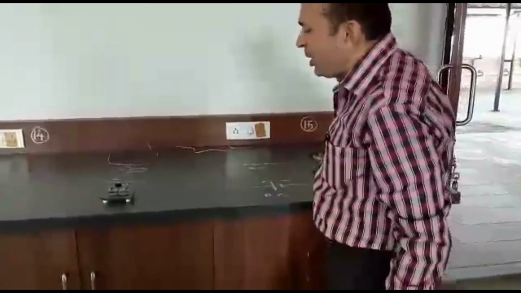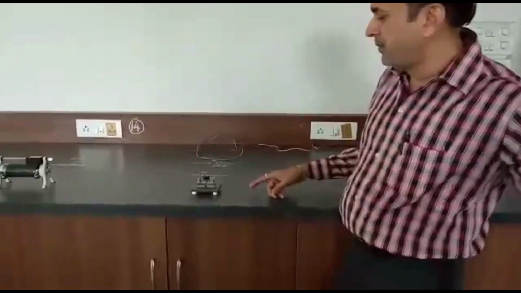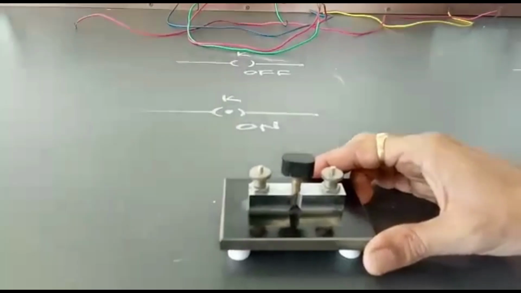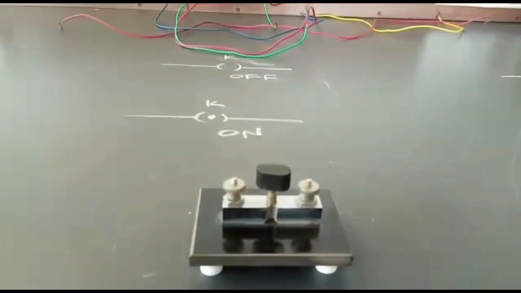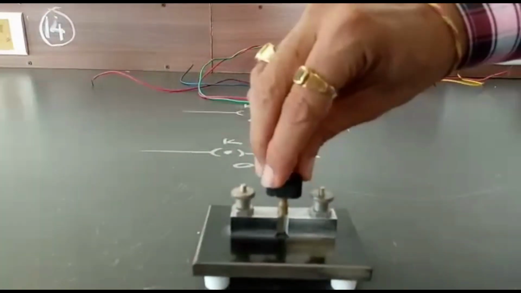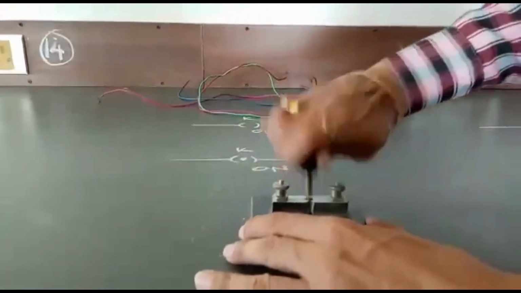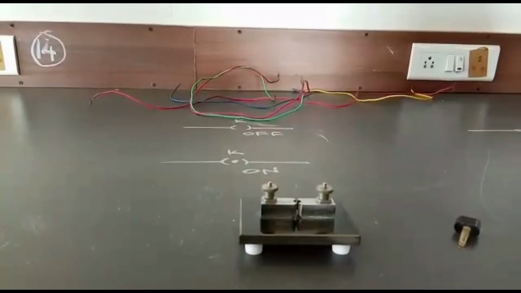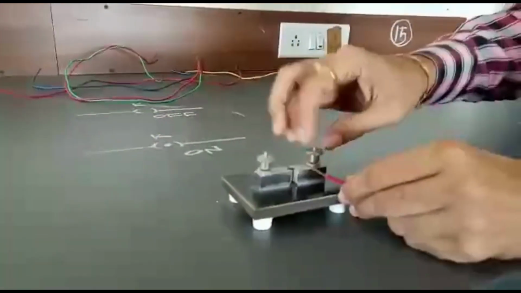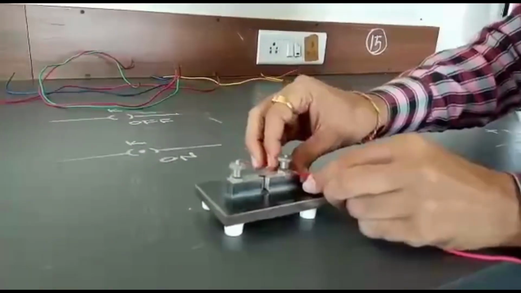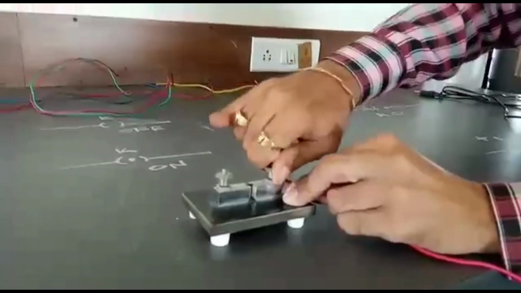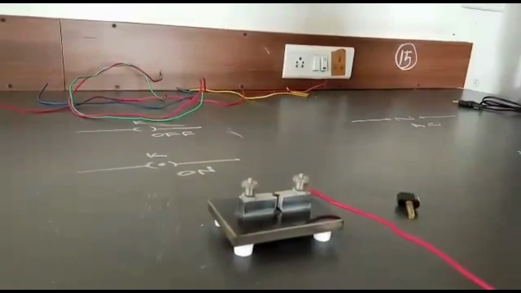Now after this battery you connect the simple key. This instrument is known as a simple key. It has two terminals, terminal number 1, terminal number 2, and this is the key. When you keep it out, it will be in the off condition. So you collect all this wire, wind it, open the terminal and connect only the copper wire like this, and you will connect the second terminal too.